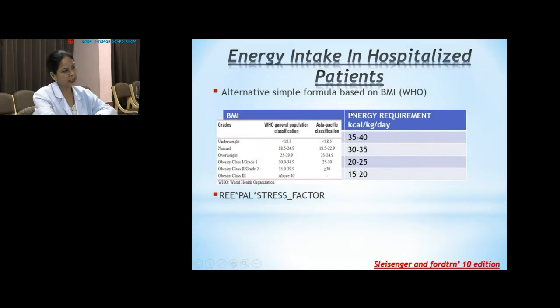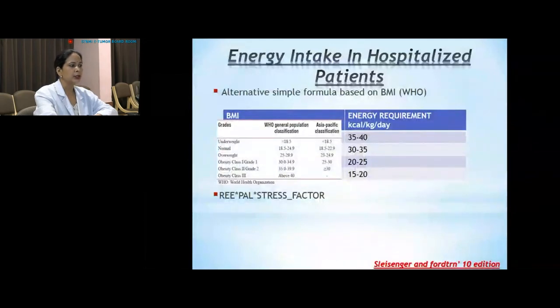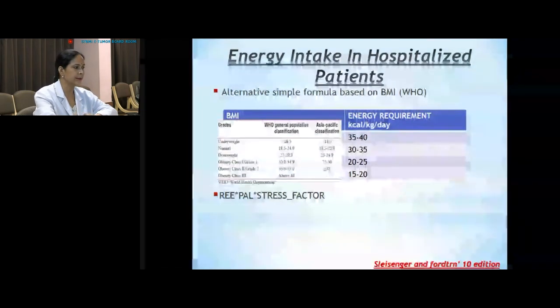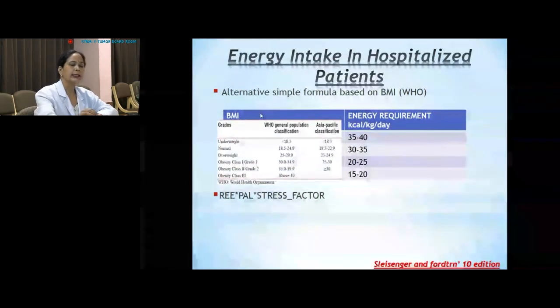If the patient is normal, comes under 18.5 to 22.9 BMI, 30 to 35 kilocalorie per kg of ideal body weight. Obesity grade 1, 2, 3, accordingly you can see the energy calculation is here. Again, after calculation of the resting energy expenditure, need to consider